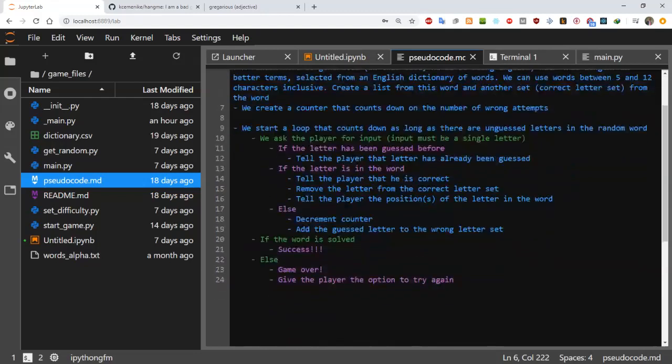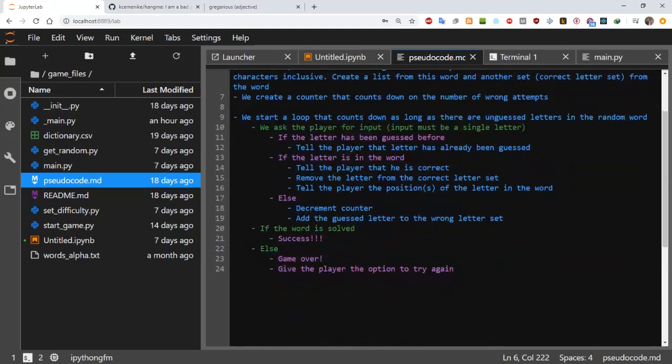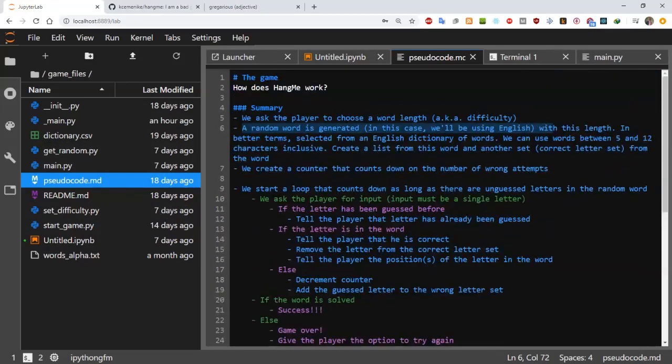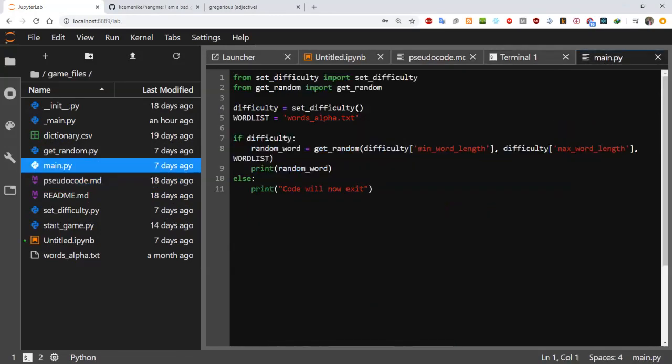So a quick review. I'm sure by now we've already gone through how the Hangman game works, and I put together a short pseudocode. You may not follow this one exactly, but it's a summary of how we expect things to work. What we did last week was, we started by choosing a difficulty, then guessing a random word from an English dictionary. Those two things together got us to